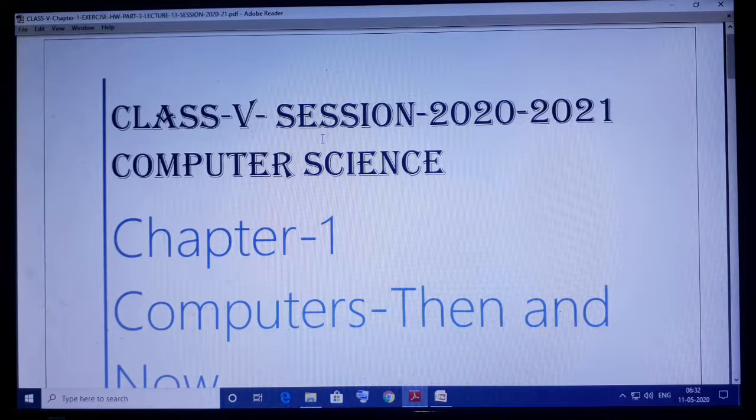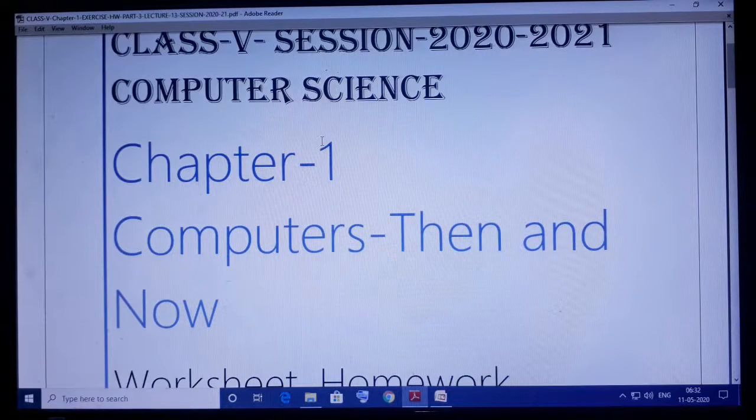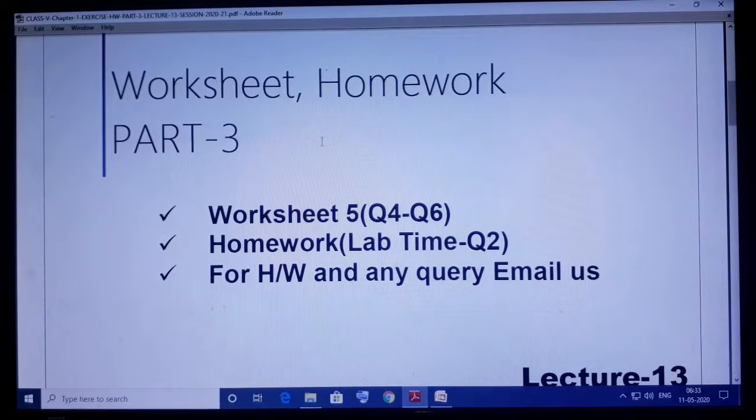Today I will start with the remaining part of the exercise of Chapter 1 of Class 5. Chapter 1 consists of computers then and now, meaning the earlier calculating devices and types of computers, etc. So let us start with Worksheet 5, question numbers 4, 5, 6, and then I will explain homework for you,